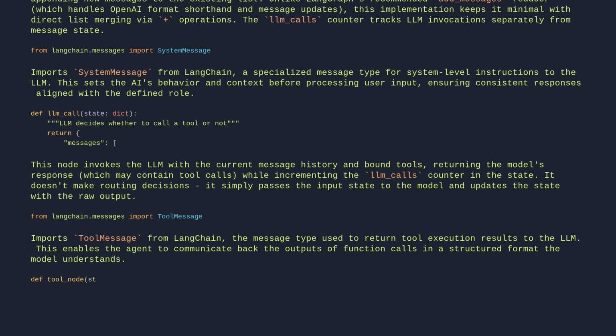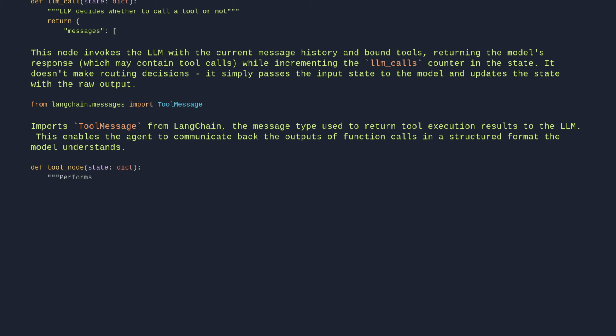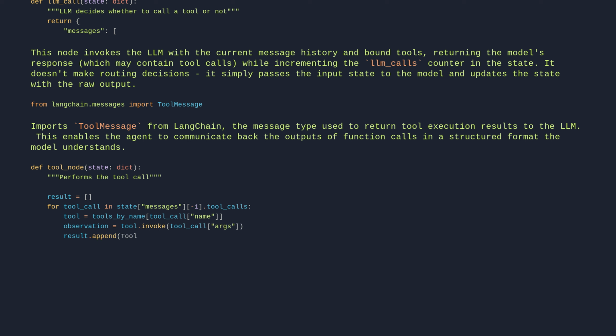def tool_node(state: dict): """Performs the tool call.""" result = [] for tool_call in state["messages"][-1].tool_calls: tool = tools_by_name[tool_call["name"]] observation = tool.invoke(tool_call["args"]) result.append(ToolMessage(content=observation, tool_call_id=tool_call["id"]))